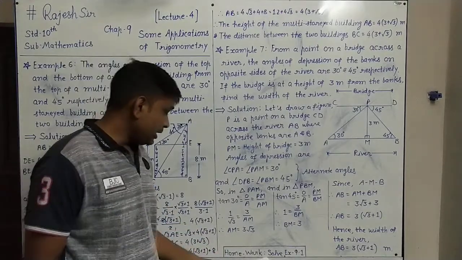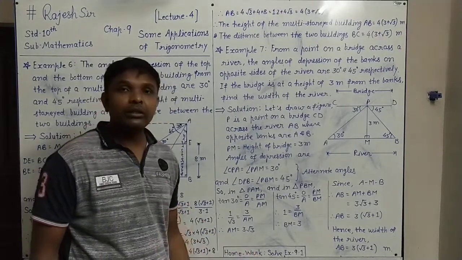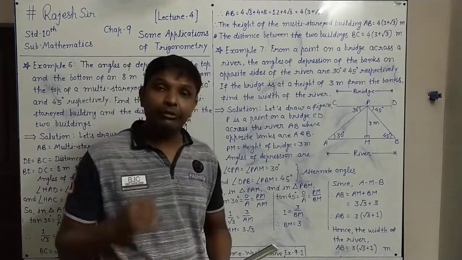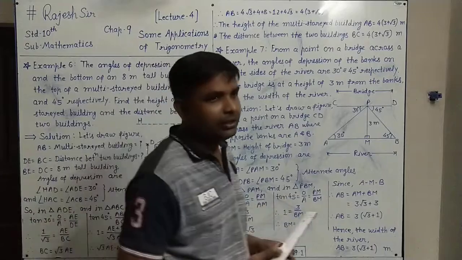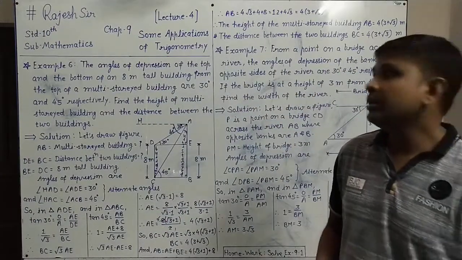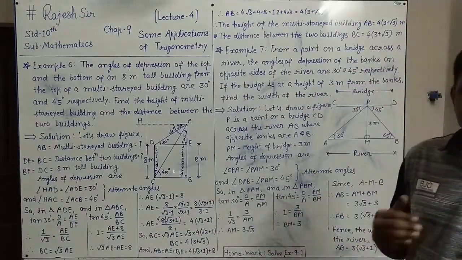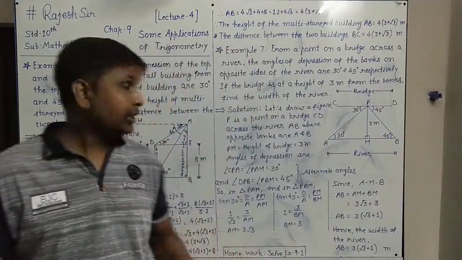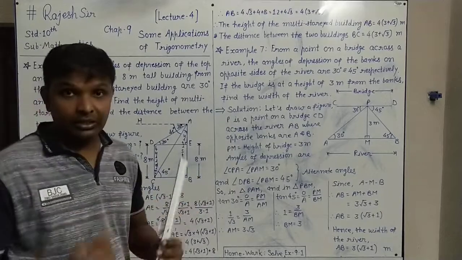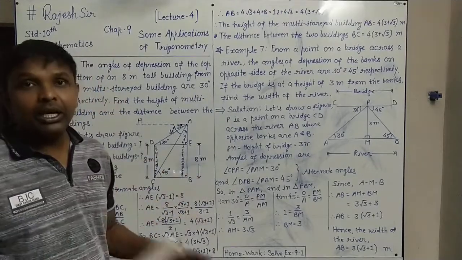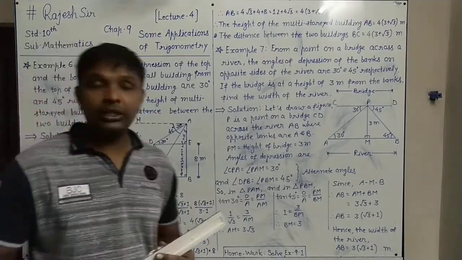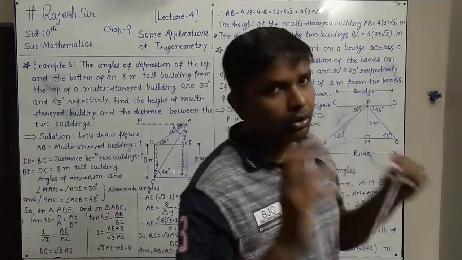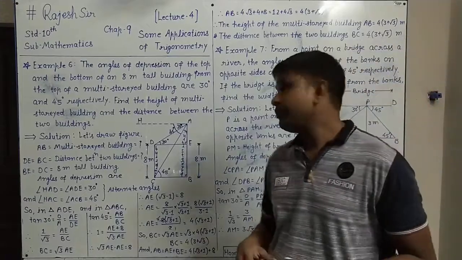And now in exercise 9.1 we have in our course. In that exercise 9.1 you will find questions related to angle of elevation and angle of depression, where somewhere we have to find the distance, somewhere we have to find the height, and how to solve that, for that you can refer to these examples. You are suggested to write these examples very well. Understand them, see the video 2-3 times, and always see what is the criteria to solve, what you have to think in your mind.